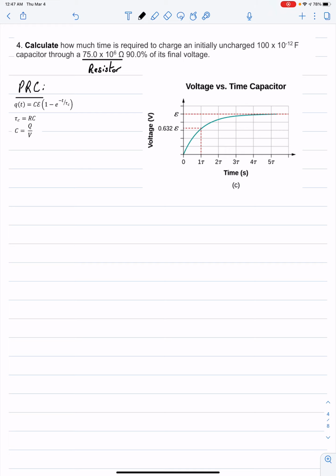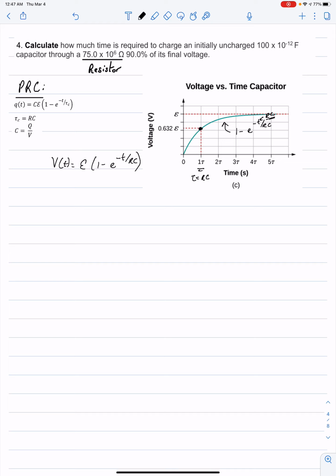And this comes into understanding the equation V of t equals EMF times 1 minus e to the negative t over RC. One thing to notice is that this line right here actually represents 1 minus e to the negative t over RC. And what this point is telling us at 1 tau, and 1 tau is equal to RC, is that once time reaches RC,